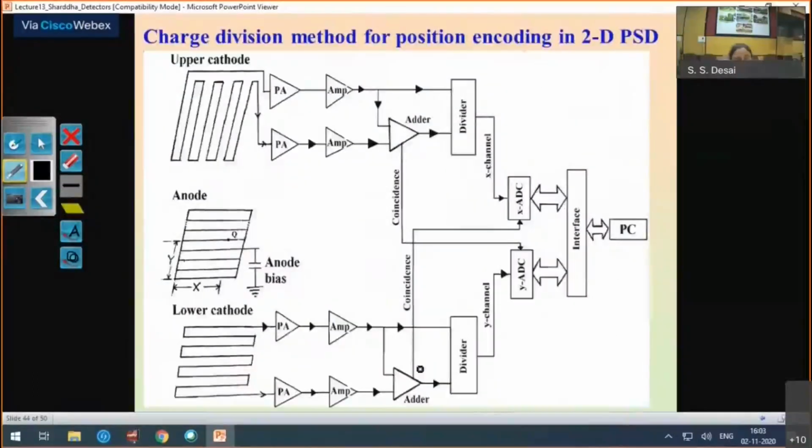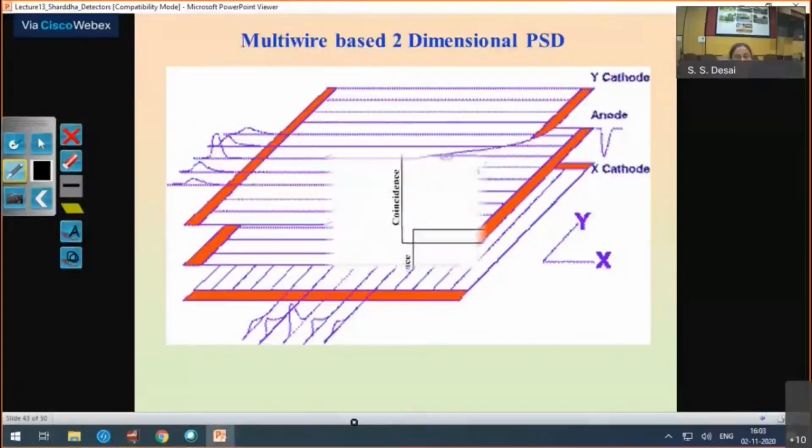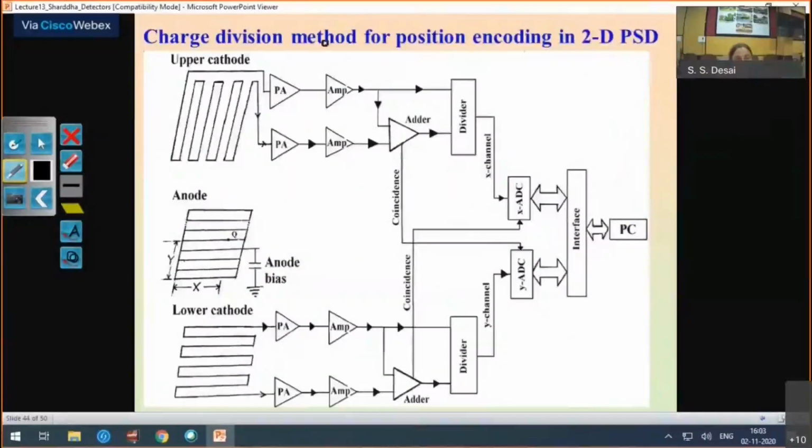Just a small briefing on how a one-dimensional detector can be converted into an area detector. Rather than having one resistive wire, you can have three multi-wire grids, with the central one as the avalanche formation grid, and the other 2 grids orthogonal to each other, and each of them with the similar charge division will give you the X position as well as the Y position. So again the charge division encoding is used for this X and Y position. It is the same as a linear PSD, but rather than the single wire, you are using here a multi-wire array.